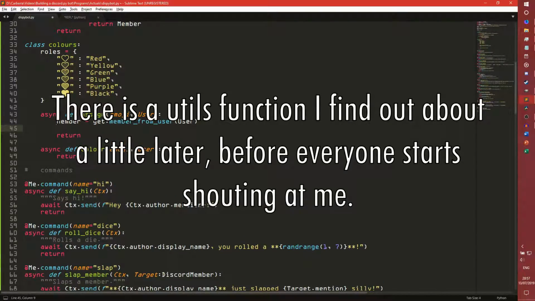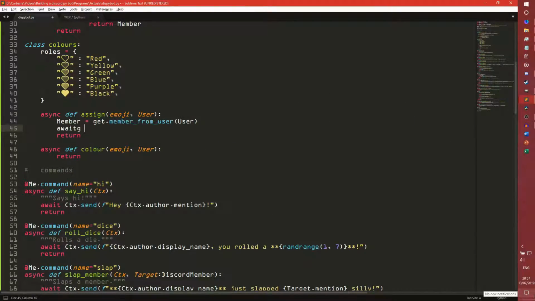Apologies as well for my little hidden burp. Yay! And then we do member. So we use the same logic we had before, except we actually really do need to do member.roles this time, just in case they're doing it on a later date. And then we do get.roles, and then we reference our dictionary, and then we pass the emoji to it. So basically what this will do, let's also get.role, not get.roles,